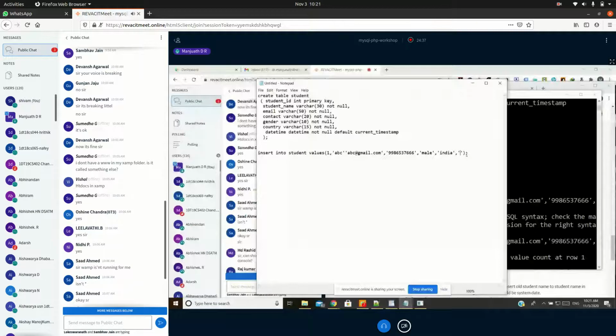Okay, I'll give some time. I'll explain how default will work. So you can give like this. By default, the timestamp you can give like this: 20. So what's the month today? It's 11, right? And the date is 03.